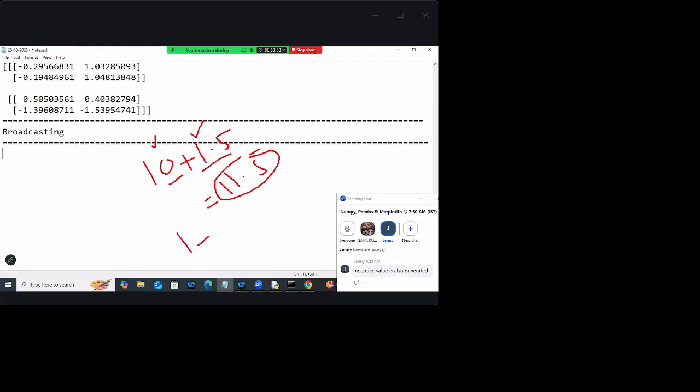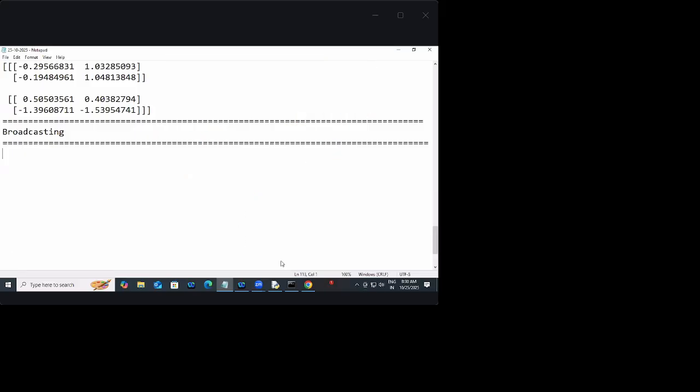If I write 1 plus 1.5 plus 1 plus 2j, what will the result be? 2.5 plus 2j. You are getting the result in what? Complex. In the same way, when you are doing arithmetic,